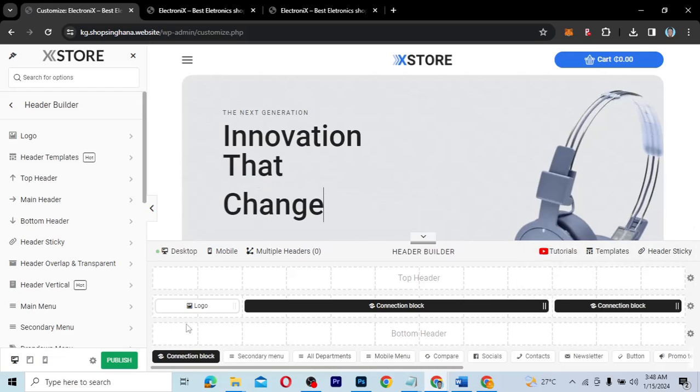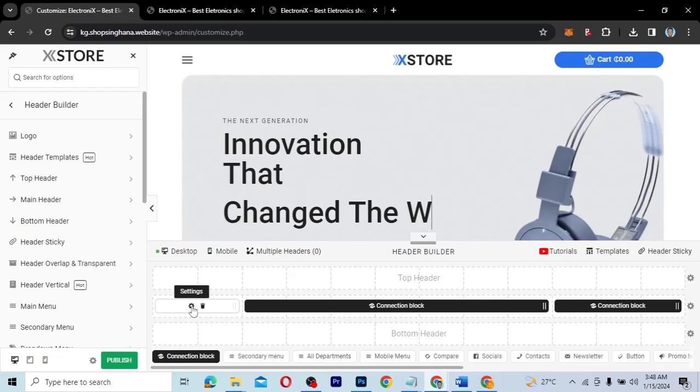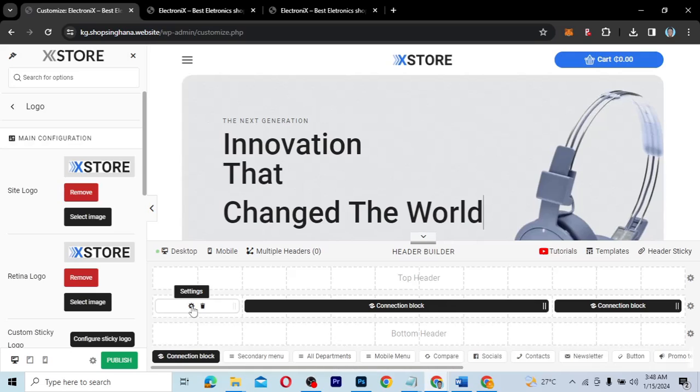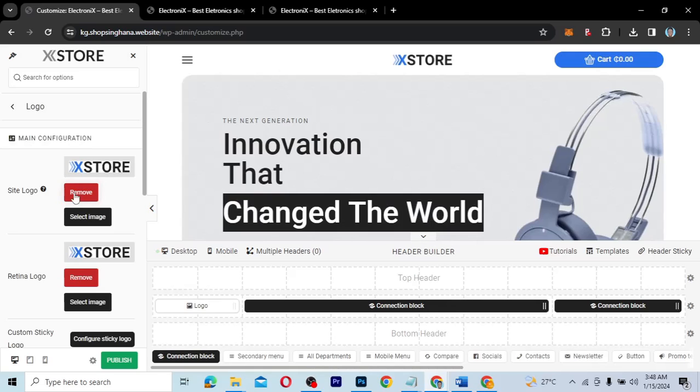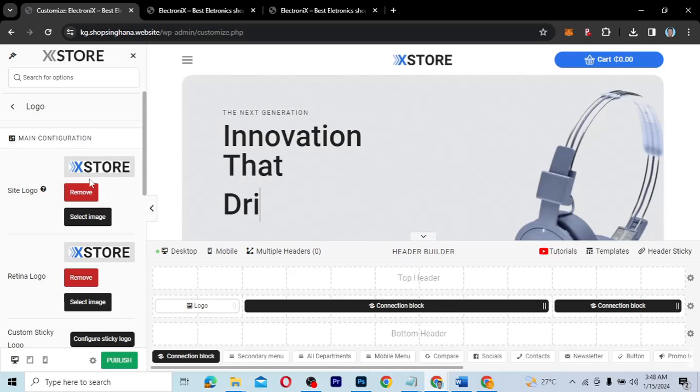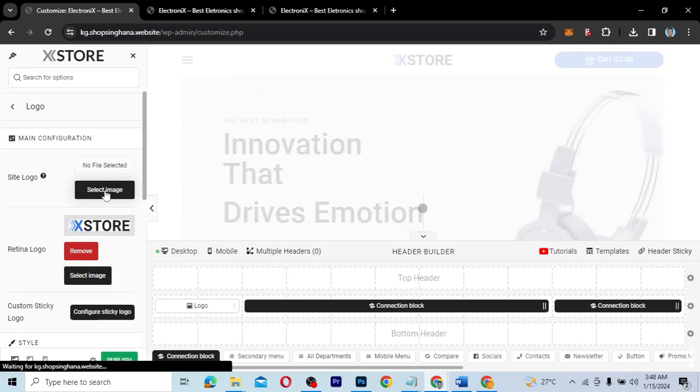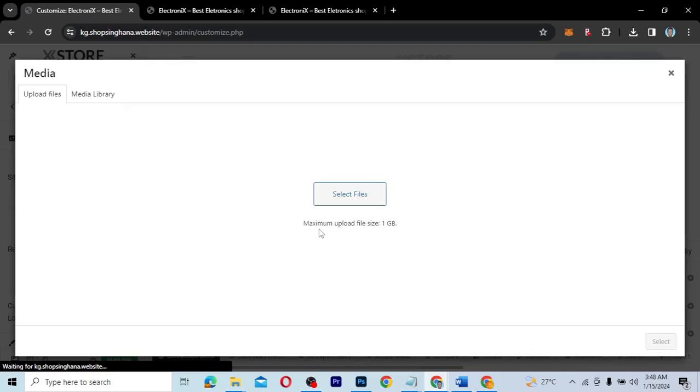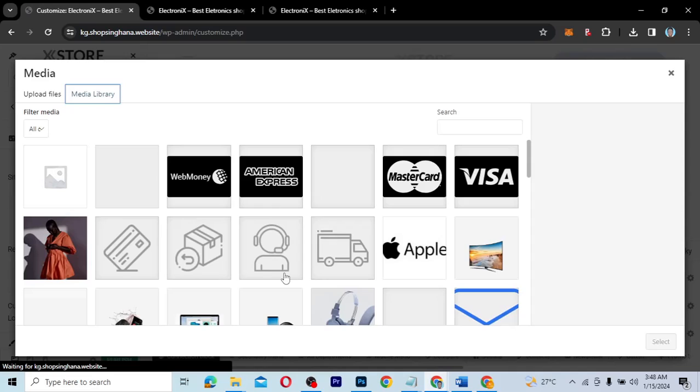Now what we're going to do is first of all, over on the logo over here, click on the settings icon, and then you can see our logos over here. Now I want to change this one. So with the site logo, I'll remove it and then select an image that I want to use. Over here I can select or drag and drop an image, or select the file. Or you can choose a file from the media library if you have already uploaded some, but